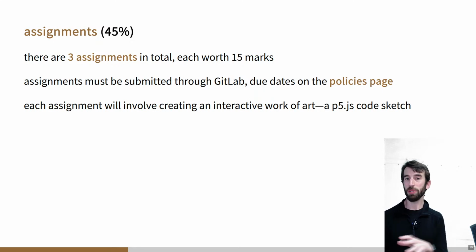In this course, we don't use Wattle for submitting code. We'll actually be using GitLab, which is a code management system that computer scientists and programmers use to store code and share it with each other. So when you send an assignment to us, you're storing some code that you've written on our GitLab website, and then we can access it to mark. So you can't be sending us zip files. There's no way to send things through Wattle. You have to use GitLab to submit code in this course. And we train you to do this from week 1.